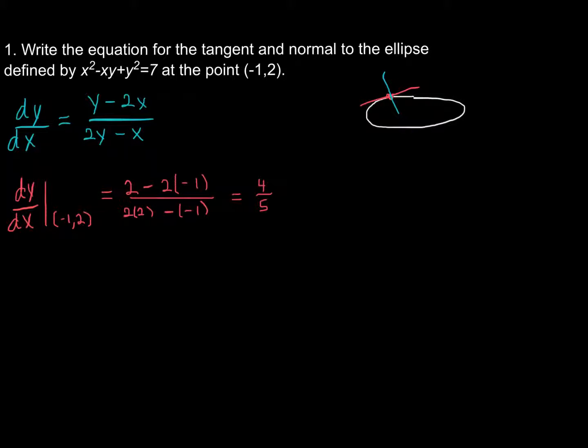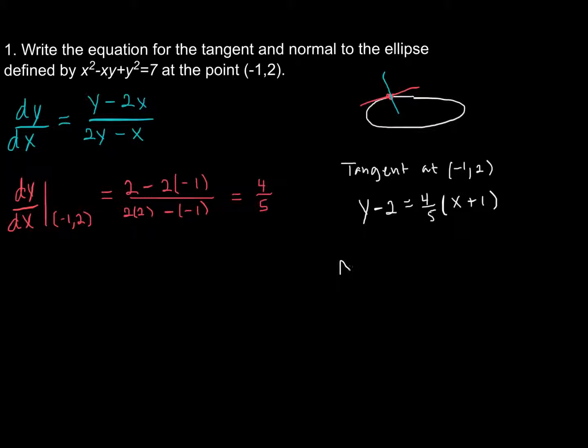And so now I can write my equation for the tangent. I know that the point it goes through is negative 1 comma 2. So the tangent at negative 1 comma 2 is going to be y minus 2 equals 4/5 times x plus 1,